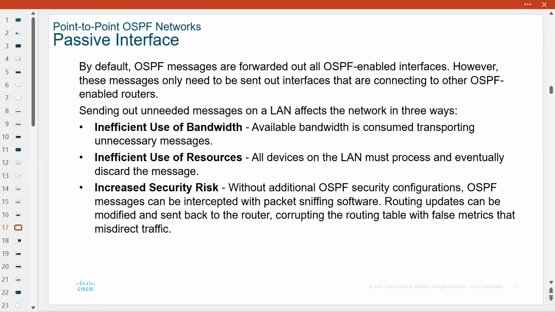The passive interface. By default, OSPF messages are forwarded out on all OSPF-enabled interfaces. However, these messages only need to be sent out interfaces that are connecting to other OSPF-enabled routers. Sending out unneeded messages affects the network in 3 ways: inefficient use of bandwidth, inefficient use of resources, increased security